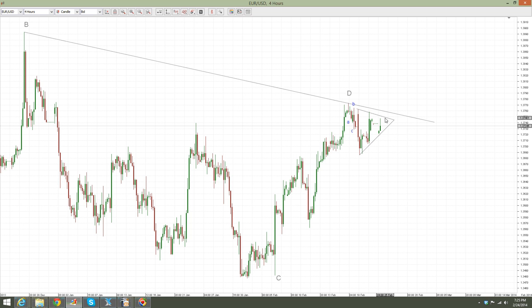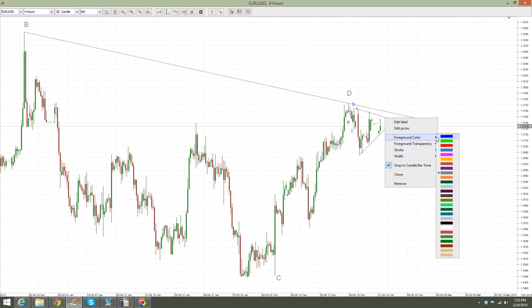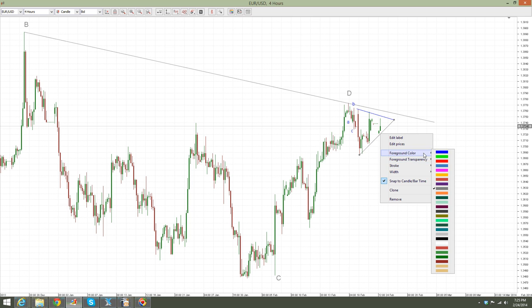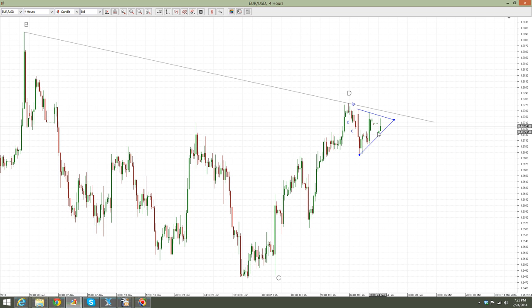Like any contracting triangle, this one travels within the A and C and B and D trend lines, make no mistake, and it implies that price should move to the downside after this. So this to be A, B, C, D, E, and price should move to the downside after this triangle is